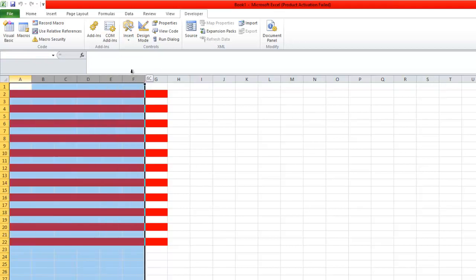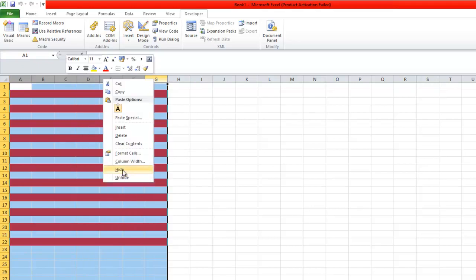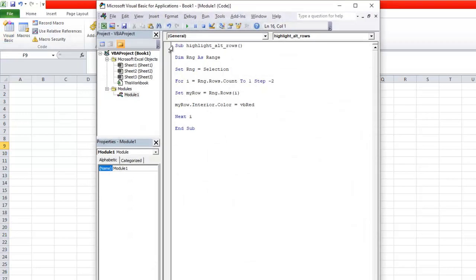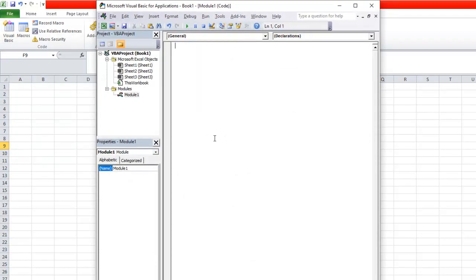Before that, remove this formatting. Go to Developer tab, Visual Basic, and start writing code. Sub highlight,